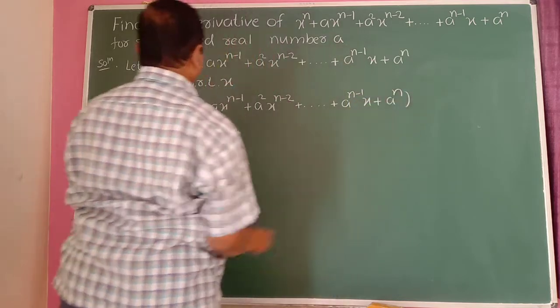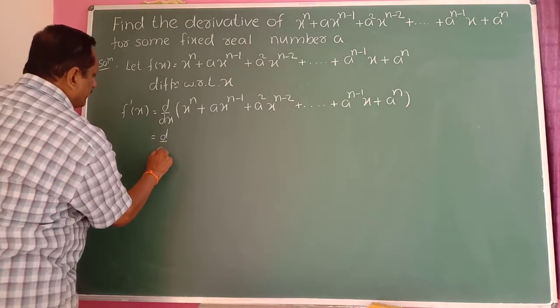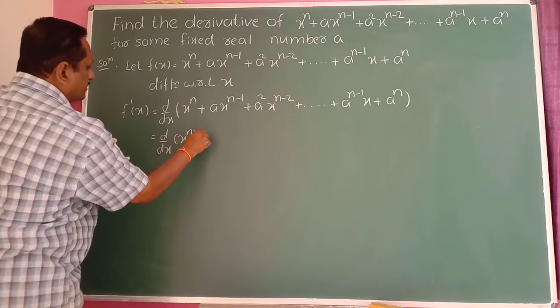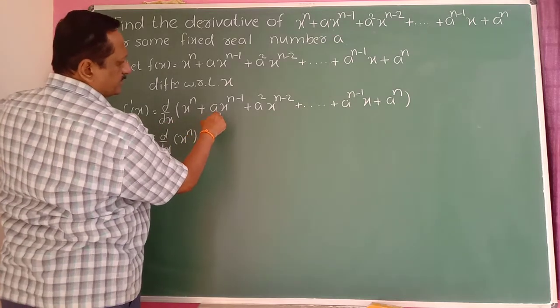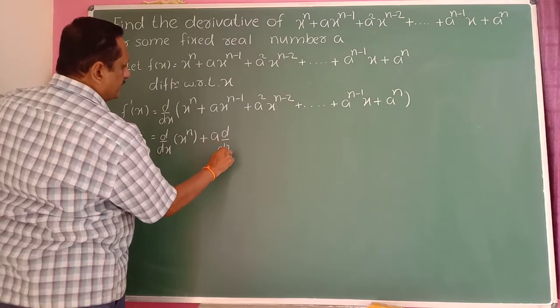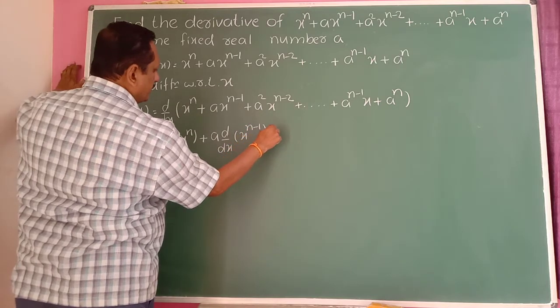Therefore, this is equal to d by dx of x raised to n, then plus, a is a constant, so keep it outside, d by dx of x raised to n minus 1, then plus